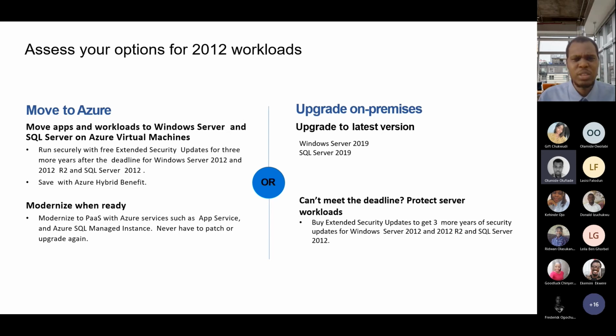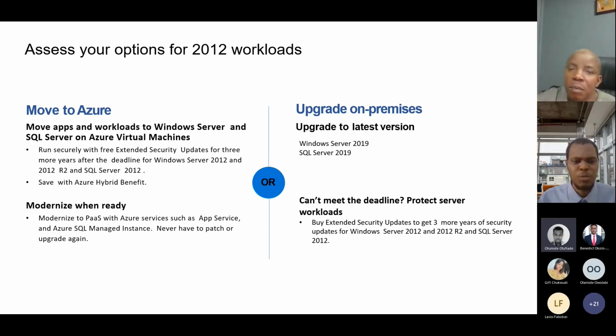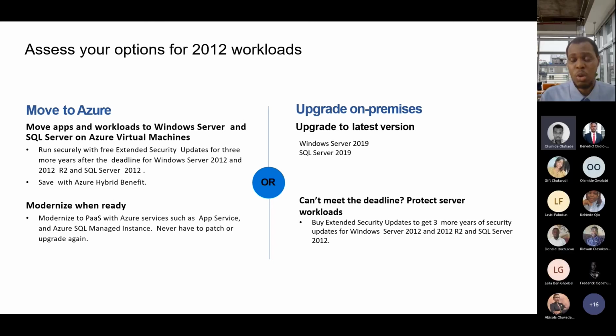Now, let's speak more on the on-premise track, right? So if we plan to remain on-premise and we don't want to embark on the cloud journey, we can still continue to be on-premise. But now, the first option that is at our disposal is what? To upgrade our SQL Server from the current various SKUs and SQL Server versions that are reaching the end of support to SQL Server 2019. This will allow us to leverage some of the functionalities that I just mentioned earlier, such as ADR, security with enclaves, just to mention a few.